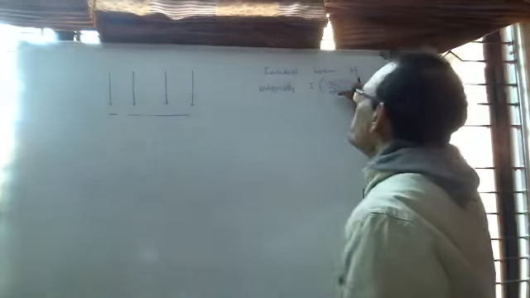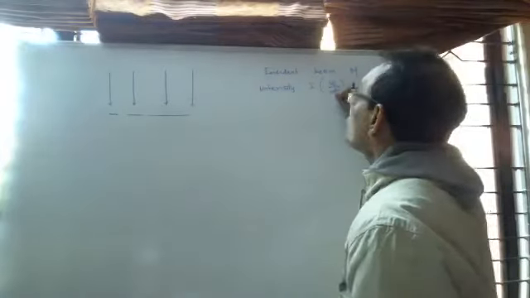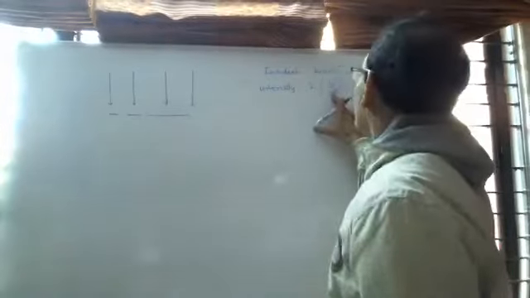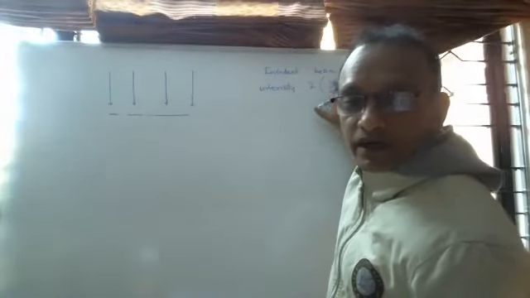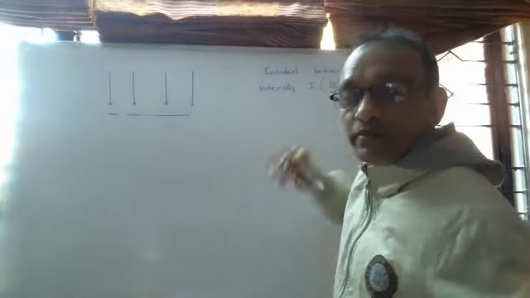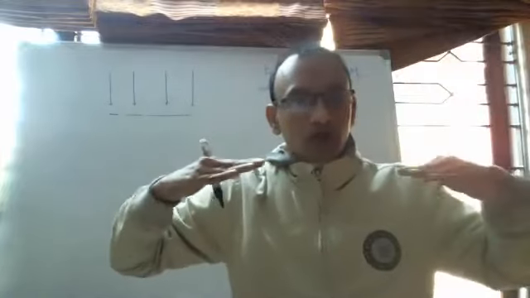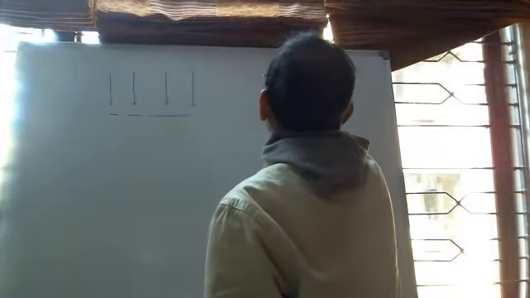Energy per unit time per unit area. This area has to be normal to the beam, that is per meter square of area perpendicular to the beam. It's joules per second per meter squared, but that meter squared is perpendicular to the beam. That is intensity I